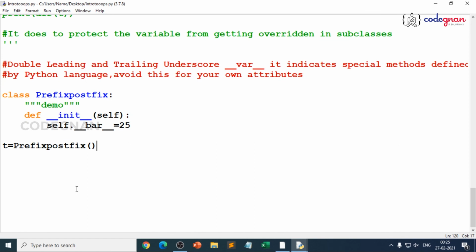So when you go for double leading and trailing underscore, it's nothing. There is no name mangling being applied, because variables surrounded by double underscore prefix and postfix are left unmangled. That's where Python makes sure that we use double underscore init, double underscore add. Those are special methods. Python uses them. But when you use your own methods, it is fine. But when you try to use them, you cannot directly use them. That's where we have the concept of operator overloading, which we will work on in detail. But make sure that when you use this double underscore leading and trailing, there is no mangling applied.